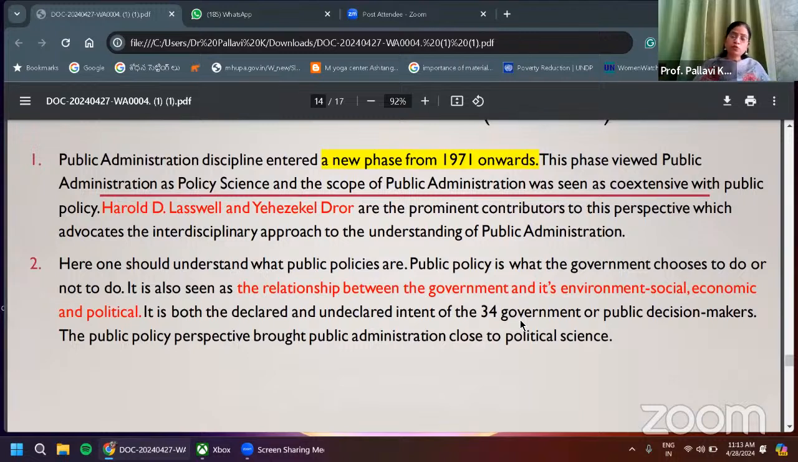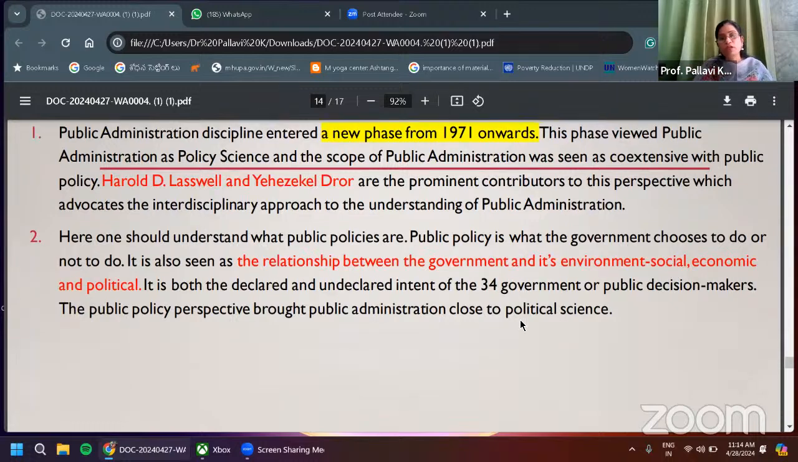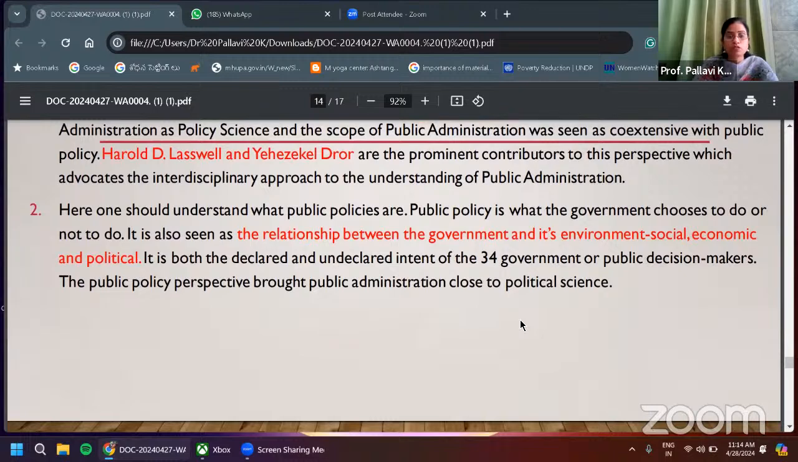And here one should try to understand what exactly public policies are. Public policy is what the government chooses to do and also what it doesn't want to do. See, it is not only one way. What government is doing is public policy. Suppose government also doesn't want to do certain things; for that also it frames policies. So all this comes under that. And,